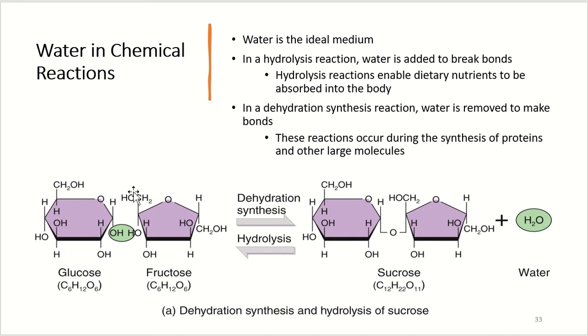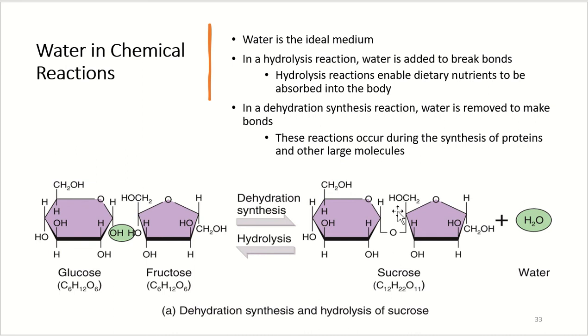We have our glucose molecule and our fructose molecule, all right, with our OH molecules on the end there. We have then a dehydration synthesis. We remove a molecule of water from these two molecules, and that causes a bond to form between the glucose and the fructose, producing something larger, which we know is sucrose. All right. On the opposite side of that, if we have a sucrose molecule, we can use hydrolysis,